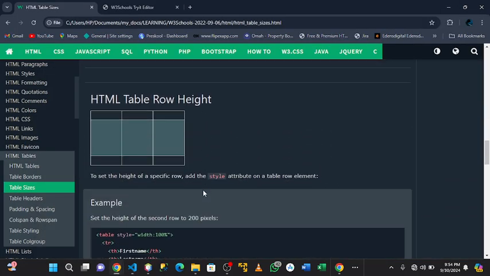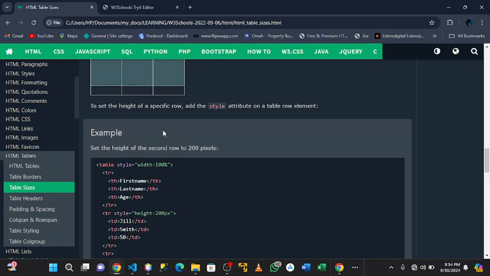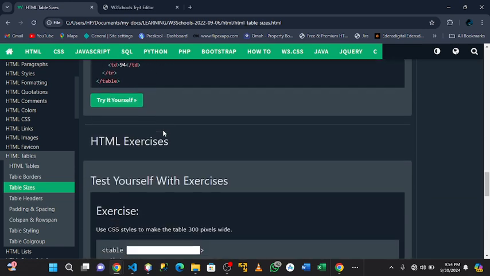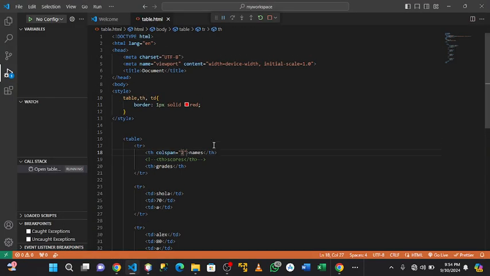So that's for that. And then you can also look at table heights, how you can increase the table heights and stuff like that. You can try this yourself. Let me quickly brush you on how to add favicons, that means icons to your web page basically. So let me just go here. You go to your link,